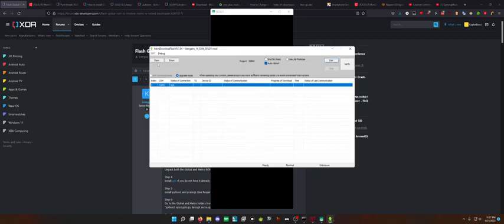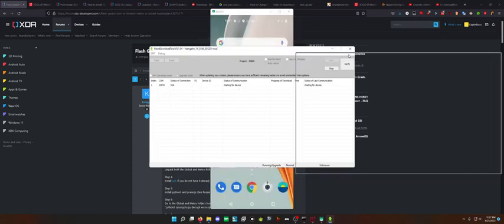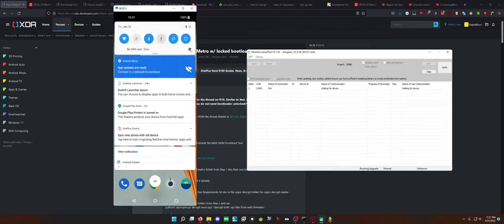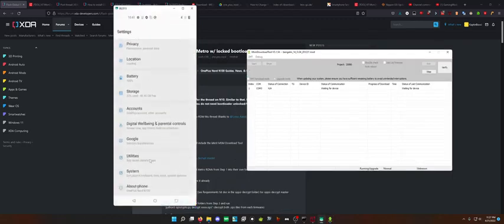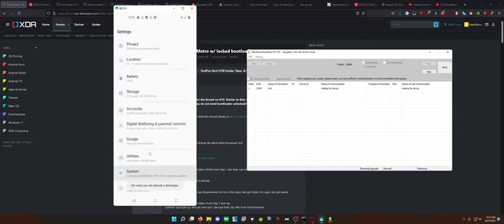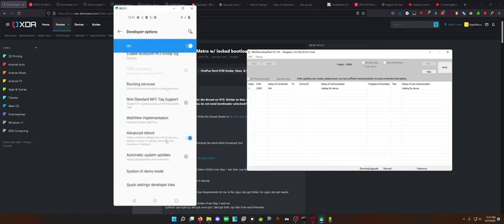Once you have the drivers installed and this can see it and you don't have an issue in Device Manager, you simply click Start. It'll sit here and wait for the device to go into EDL mode. The best way to get your device to EDL mode is to go to your settings, go to your developer options, which you get by clicking your build number a bunch of times. Go to developer options, and the best way to go about it is enable advanced reboot. That way when you click the